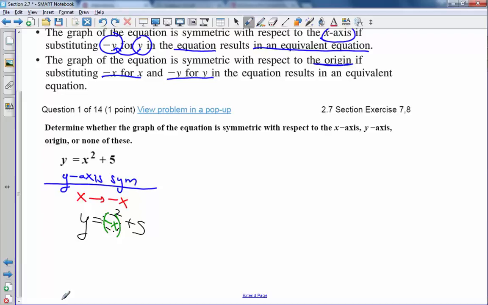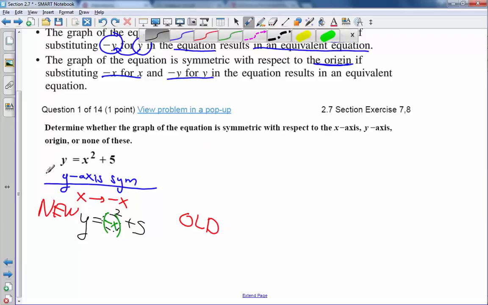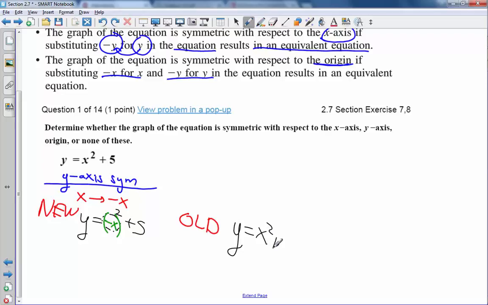And compare this. This is new now, brand new. Compare the new one to the old one. What is the old one? This is the old one. And tell me if these two are